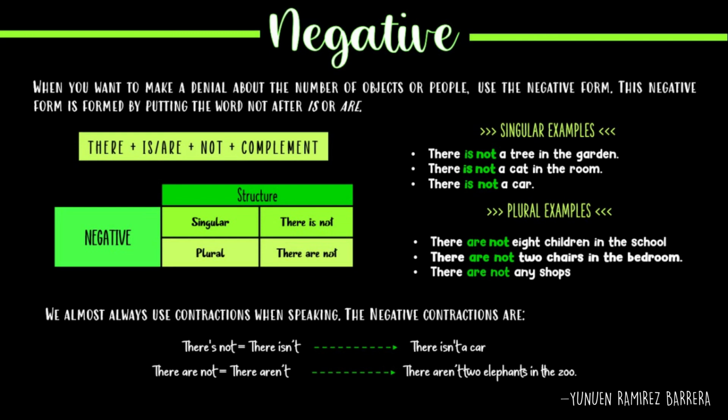Structure, plural: there are not. Plural examples: there are not 8 children in the school. There are not 2 chairs in the bedroom. There are not any shops. We almost always